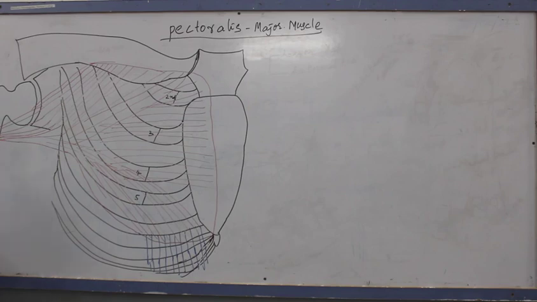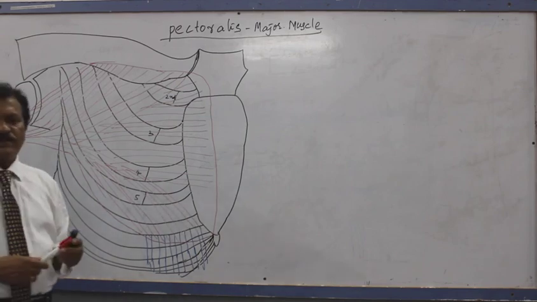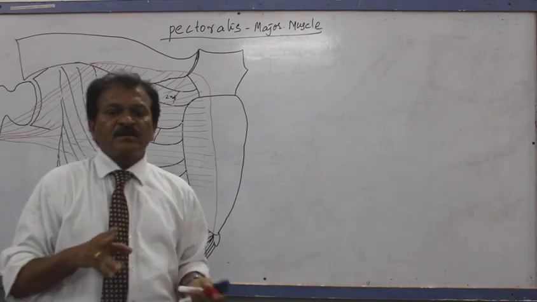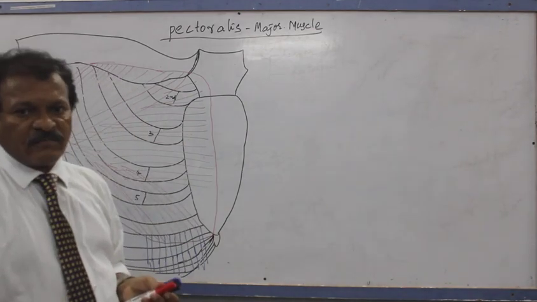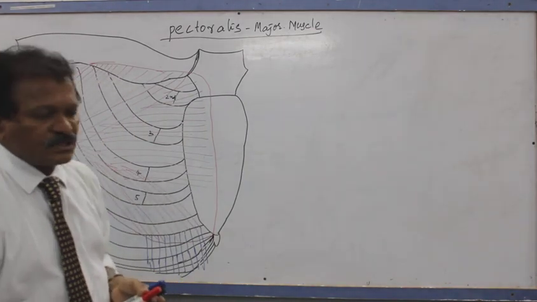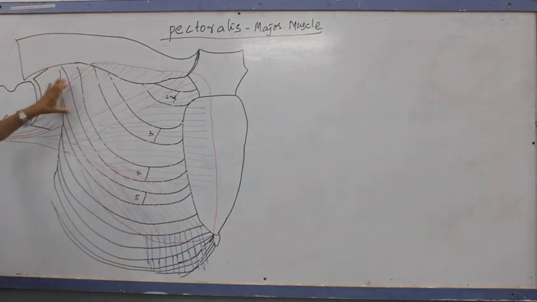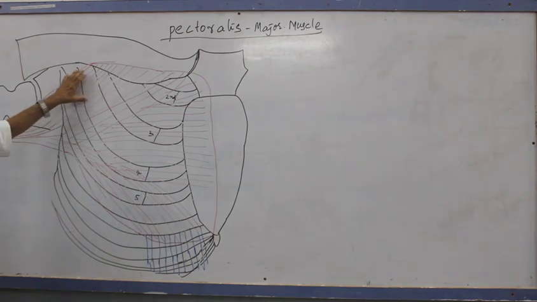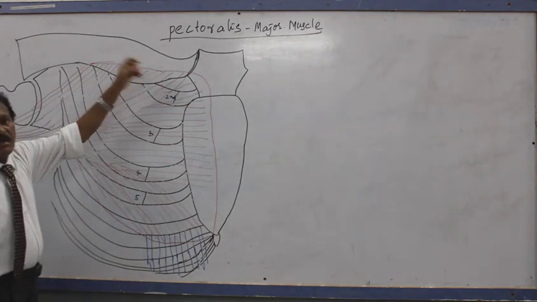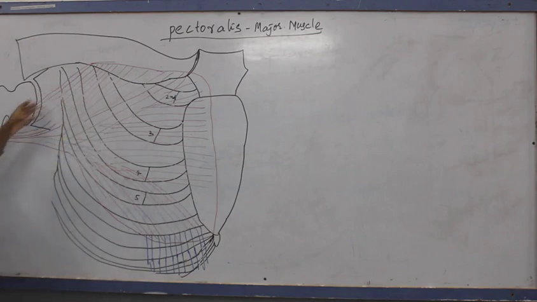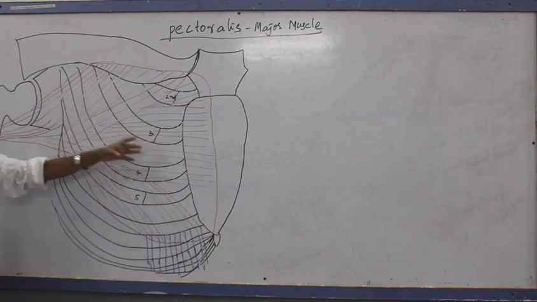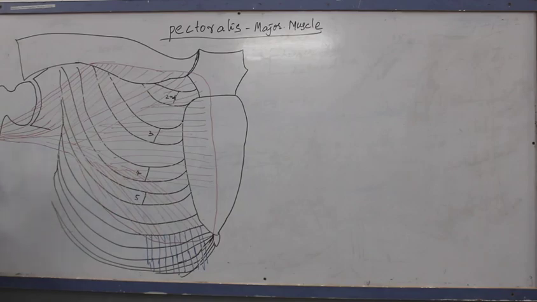One thing is that before inserting into the lateral lip of the intertubercular sulcus, the tendon divides into two laminae, one anterior and another posterior. The anterior lamina is formed by the muscle fibers arising from the clavicle, and the posterior one is formed by the sternal fibers and the abdominal